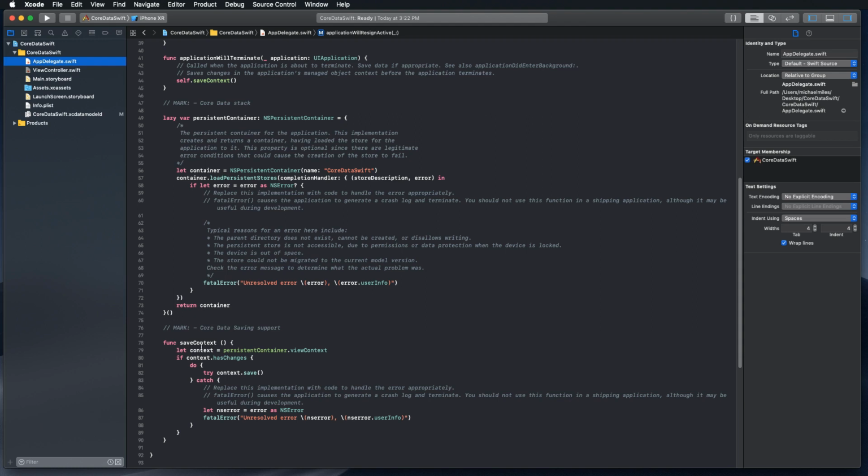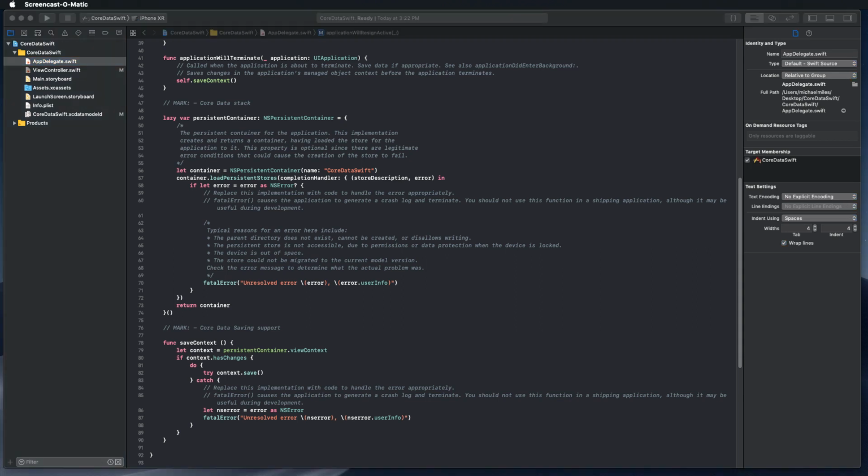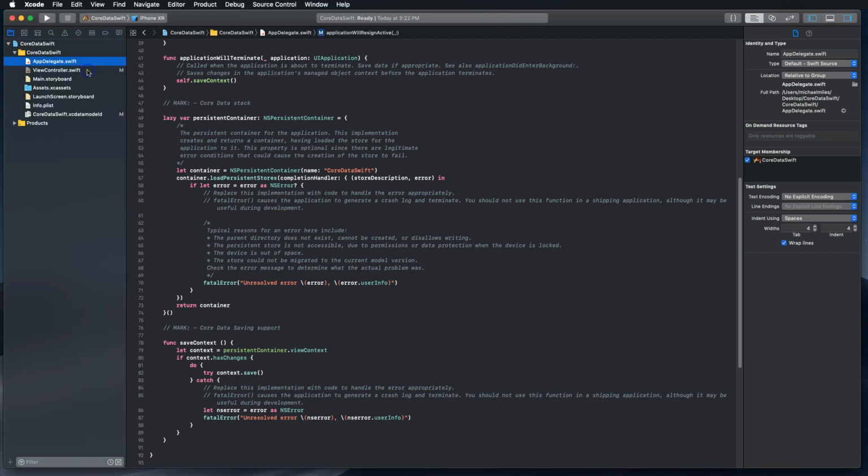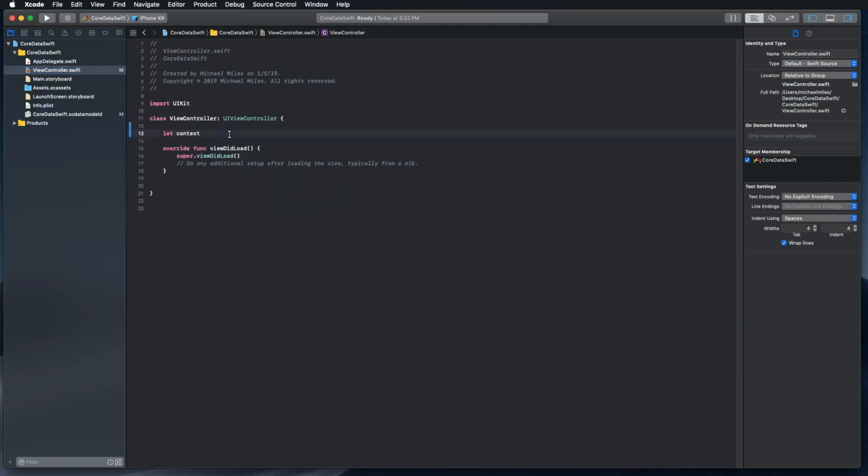Context is kind of like purgatory for your data. So you can't access the CoreData database directly. You have to have a context in between the two. And so yeah, it really is basically purgatory, and we need to target that somehow. So let's see. I'm going to let context equals